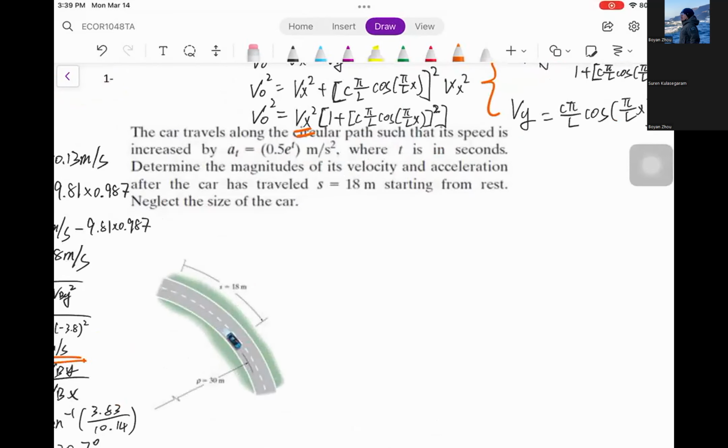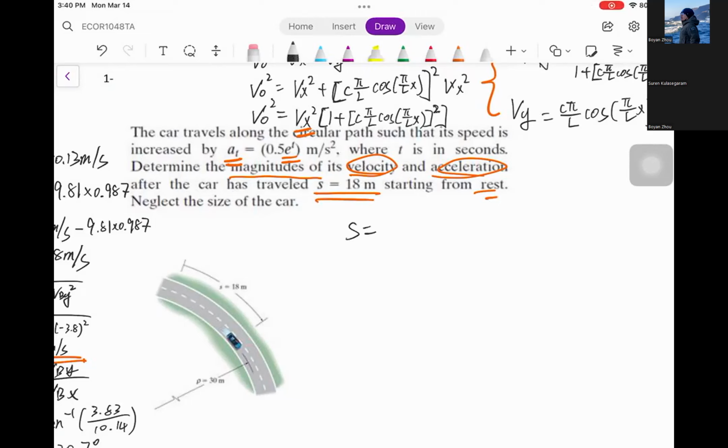So we have the relationship between the acceleration and the time again, and we're going to find the magnitude of the velocity and the acceleration. That means we only need the magnitude. We don't need to worry about the angle when the car has traveled s equal to 80 meters from rest. So the equation is going to be again,